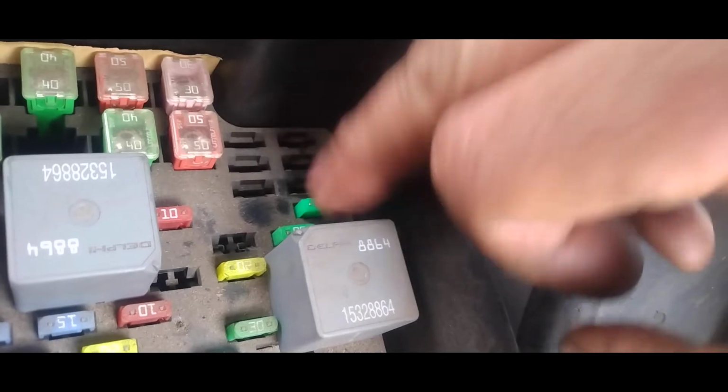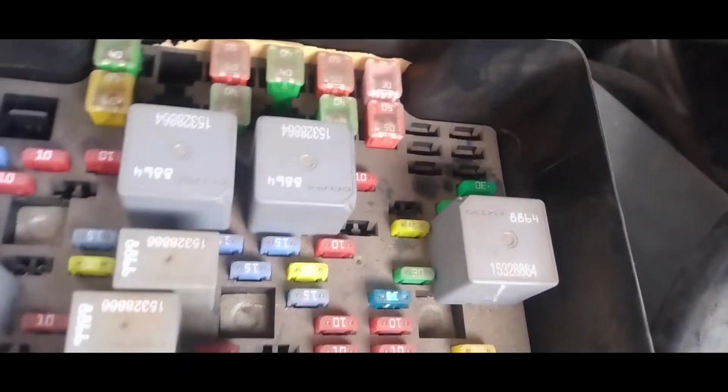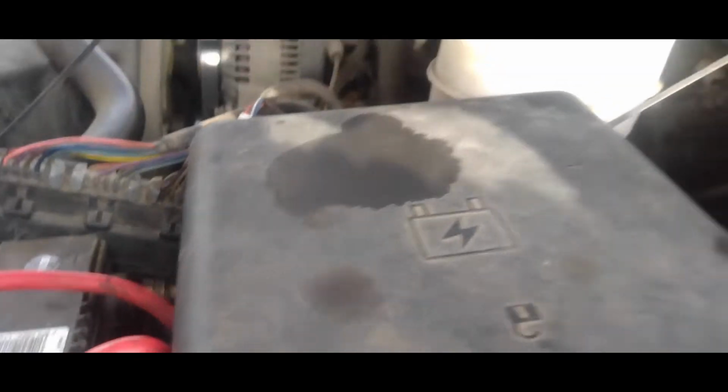I had already just replaced this. The fuse looked good that I took out, but I replaced it anyway just for peace of mind. So that isn't my case. Mine is the brake light switch, which is located